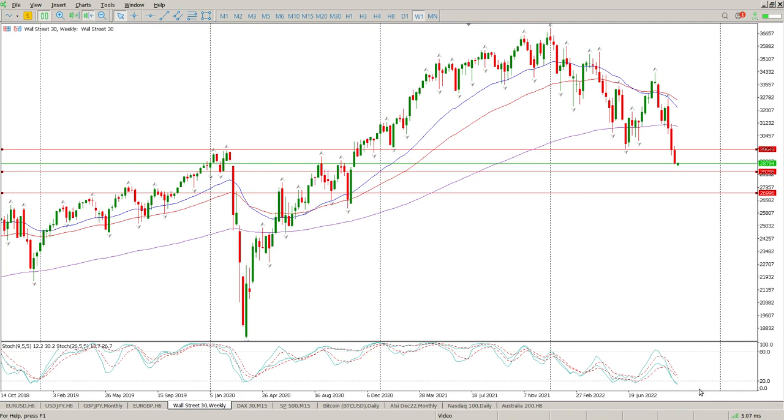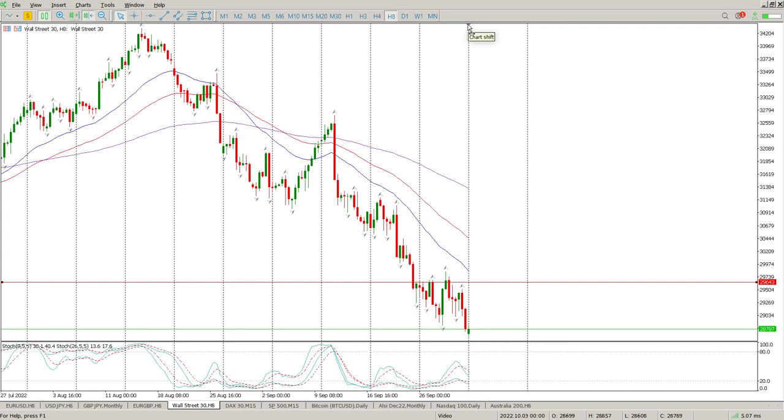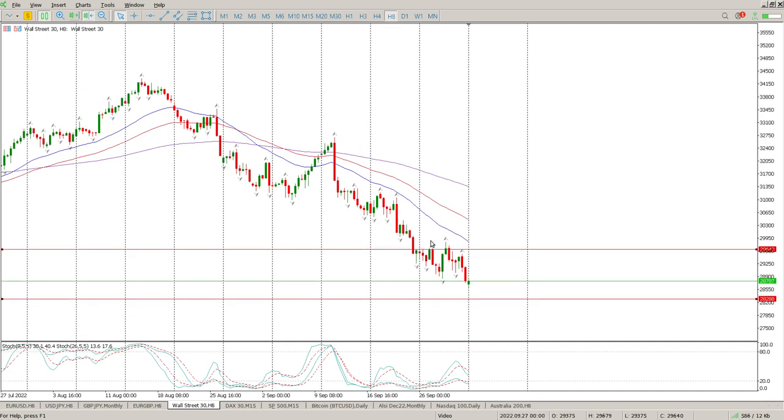And the other thing I'm paying attention to is the weekly oscillators at the moment. They are grouped, well, not yet, but they are starting to group to the downside. We're halfway below the 20, which is always a concern. If we start moving through the time frames now to the areas that we want to be trading today, obviously on the 8th hour, you can see the rejection of that weekly level, which was 29,643, and we basically had 3 attempts at that, or 2.5 attempts, should I say,